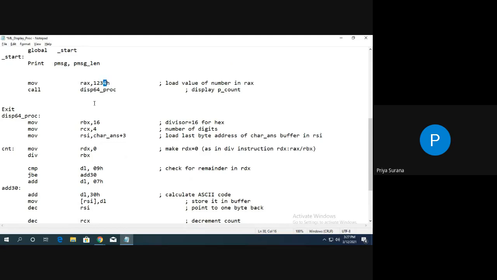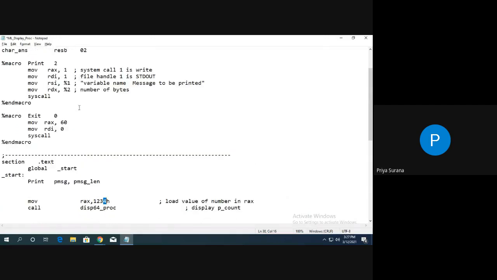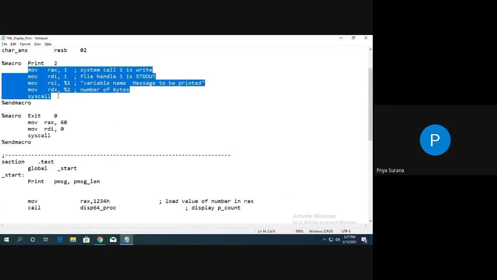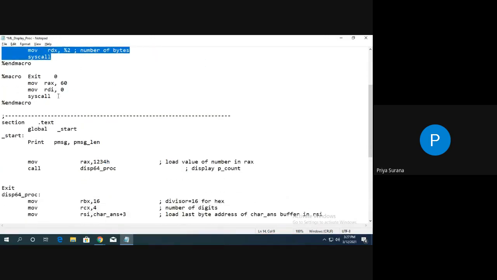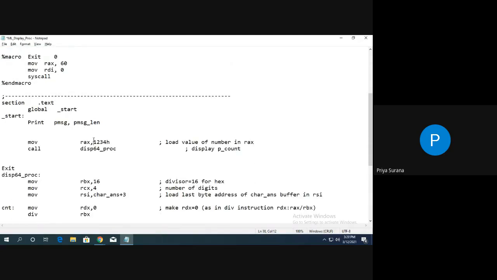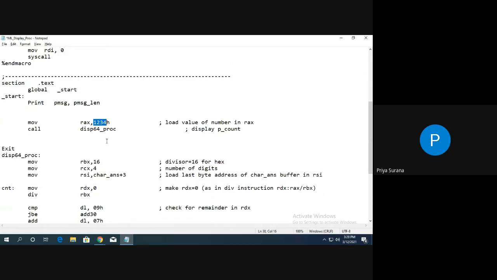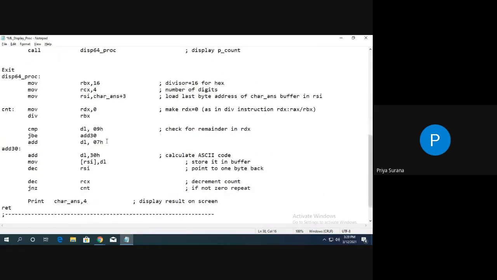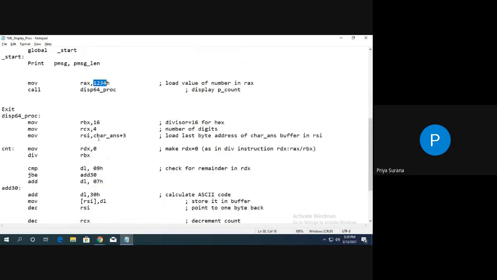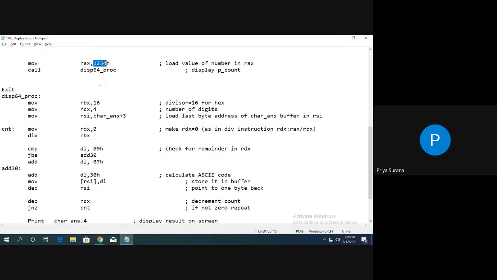Then only can you pass those values to the print syscall, or the same syscall you can use, only it requires the ASCII value of each digit which you want to display. So that is done in this procedure: separation of each digit and converting it into its ASCII hex.